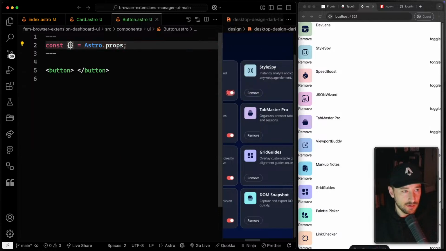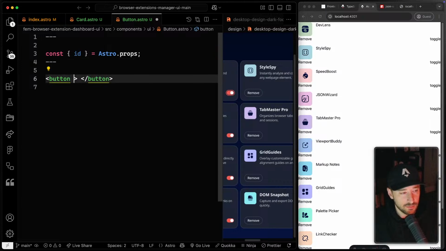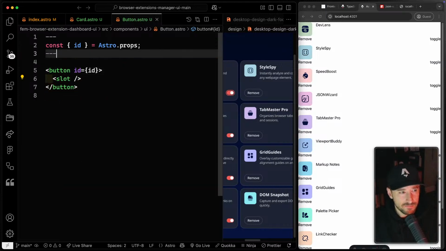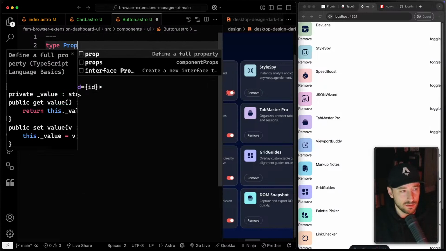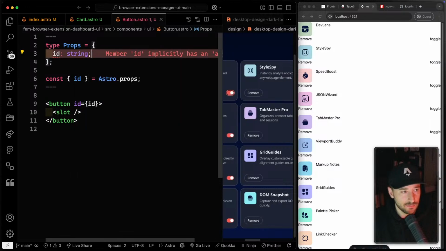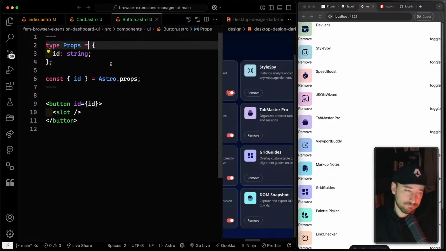I just know we're going to need an ID passed in here. So I guess let's just do an ID and call it a day, since it's not helping me with the import and I don't want to have to look it up. We'll pass on the ID here. And then here, I guess we'll just have a slot, and type props equals ID string. Okay. Not ideal, but